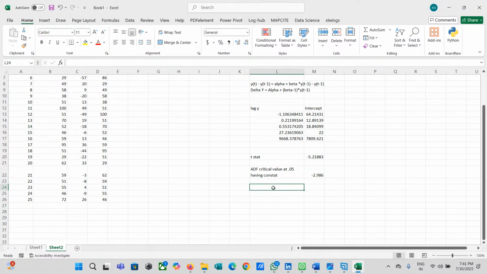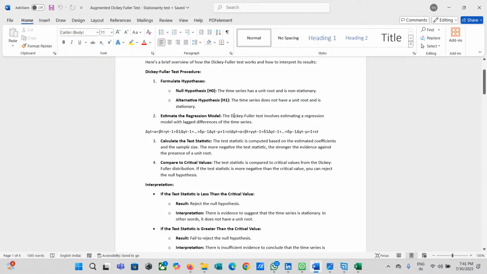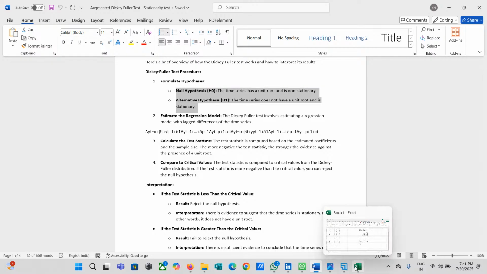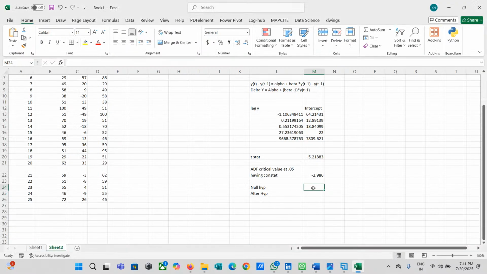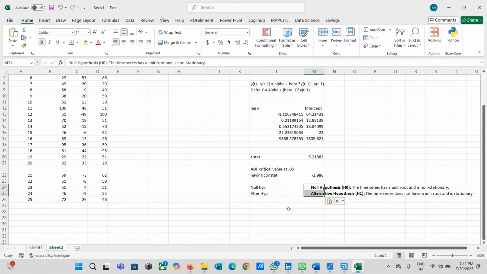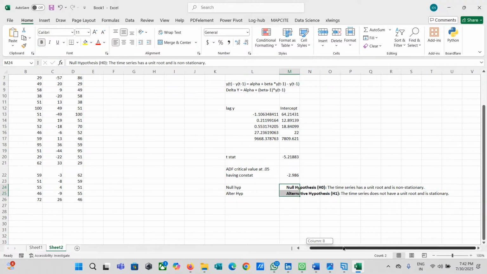Before that, I also have to define my null hypothesis and alternative hypothesis. So this is my null and alternative hypothesis: the null is that the time series has a unit root and is non-stationary, and the alternative is that the time series does not have a unit root and is stationary.